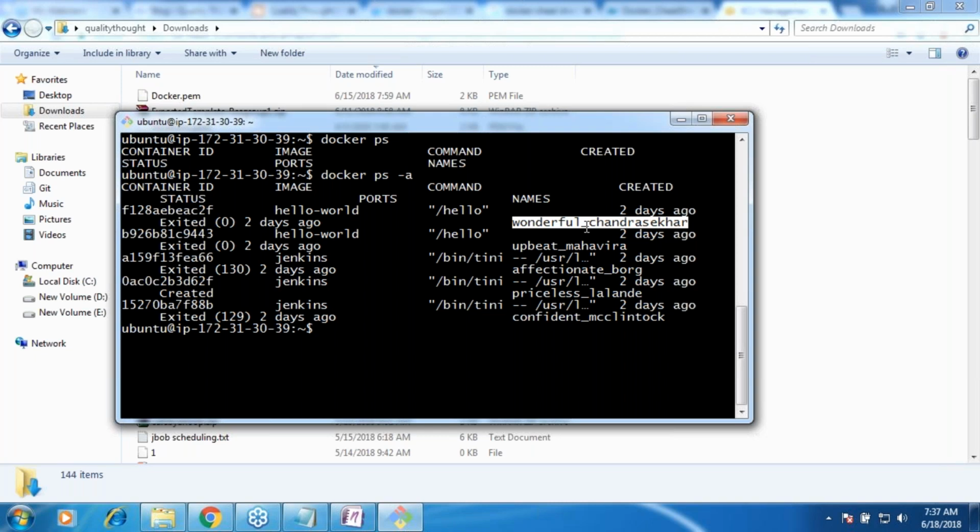So there is no container in Docker without any name. It will always have some name. The only difference is whether you give it or whether Docker assigns it. Right? Similarly, for all the other containers, there is something called Upbeat Mahavira. It gives ad hoc names. Okay. So for any container, the important thing is you will have an ID.